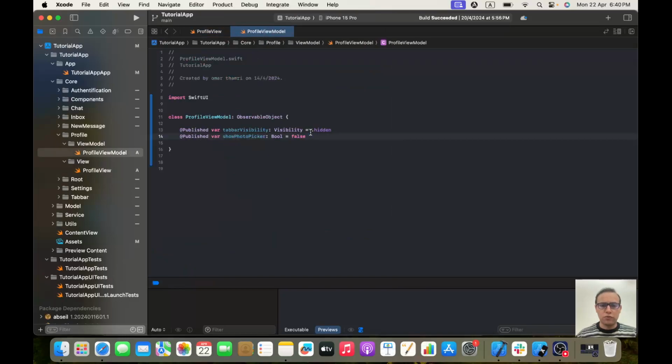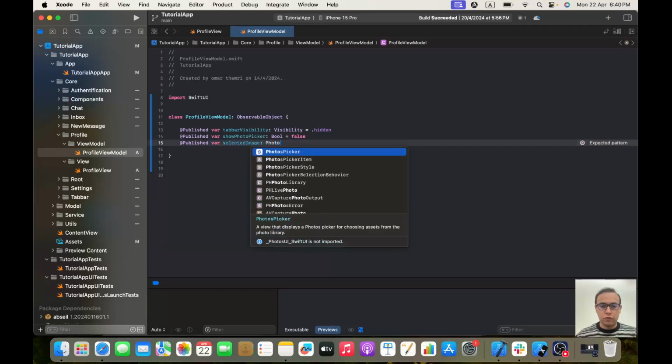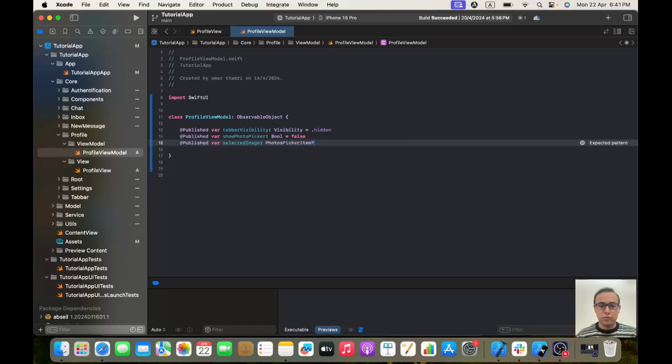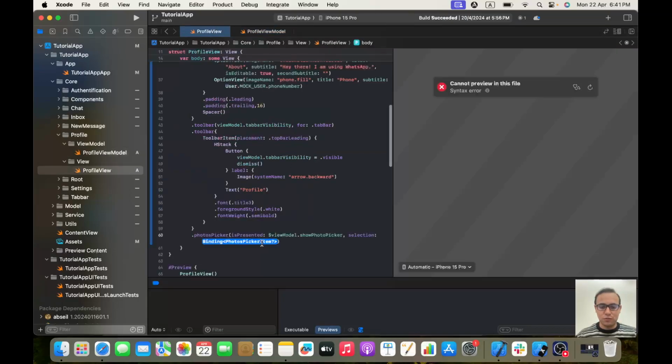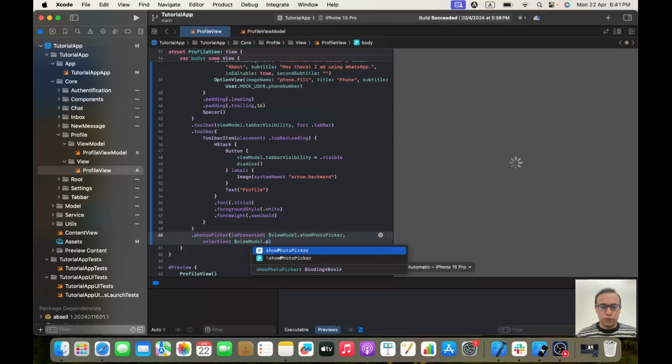So we go back to our view model, and here we will add @Published var selectedImage of type PhotosPickerItem, and it will be optional. And of course we need to import PhotosUI, and here we will have $viewModel. Not showPhotoPicker, I apologize, .selectedImage. Okay, now everything will hopefully be